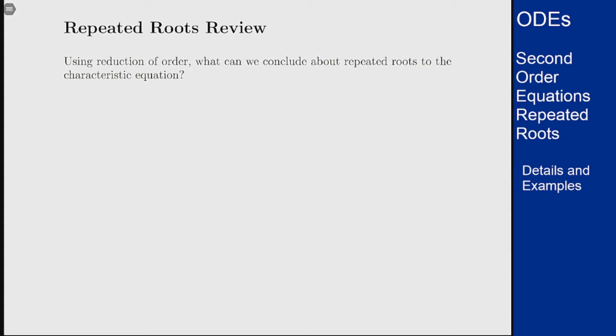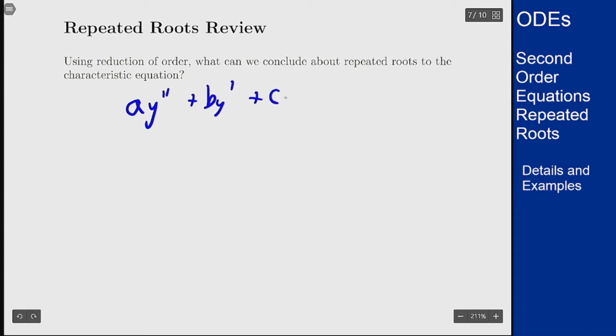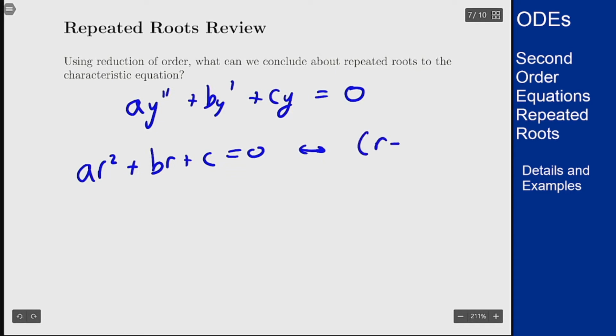In this video, we want to summarize what happens for repeated roots when we use reduction of order. Let's assume that we have a second order linear constant coefficient equation of the following form: a y double prime plus b y prime plus c y equals 0, and we have a repeated root. This means that the quadratic ar squared plus br plus c factors as r minus what I'll call r0 squared